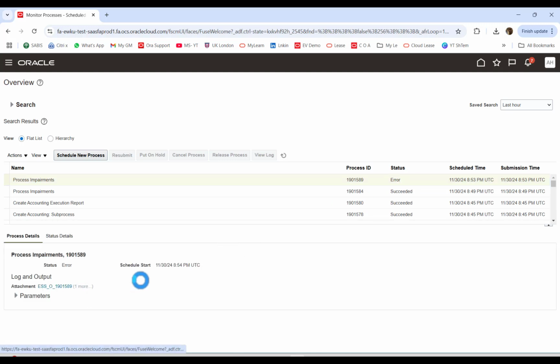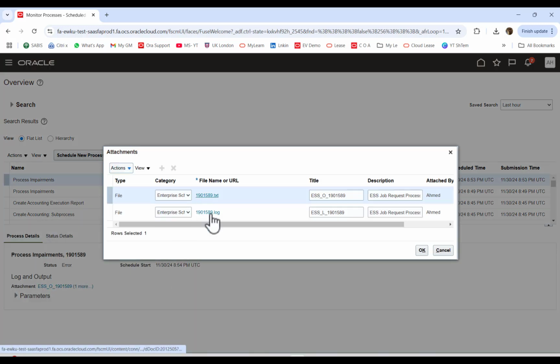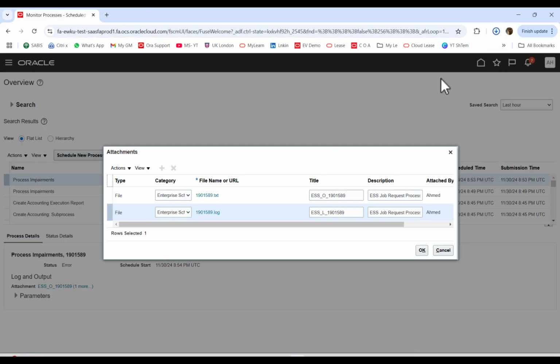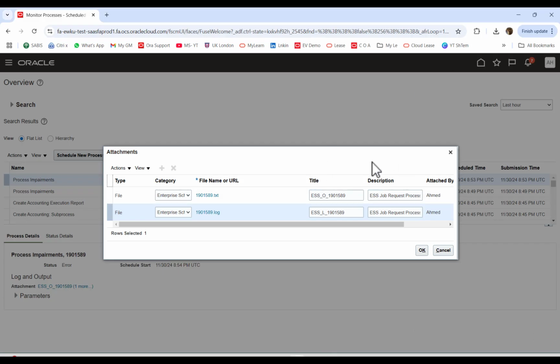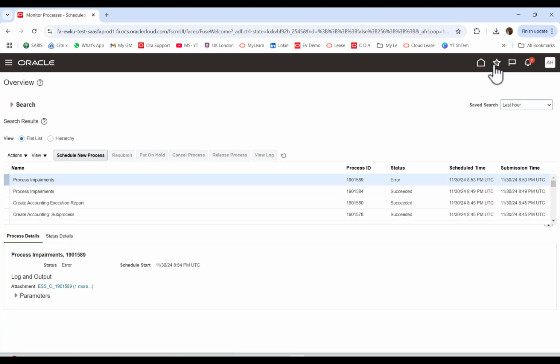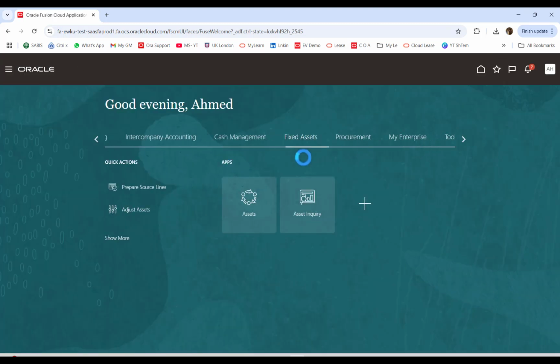Go to the log file and search. In some cases you will not find the reasons or a clear reason in the log file. Here, as you see here, it is because the impairment account was not set up in the category. So from here you can come back to the assets category update,